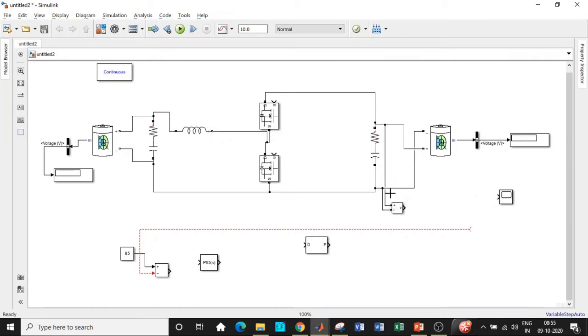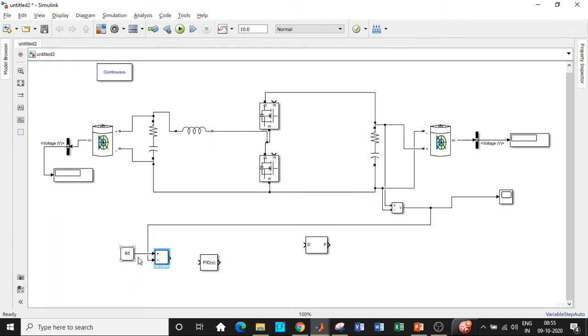And let me give the value that is being measured to the scope, and let me give the value of the output voltage at this point. So let us delete this. So I've connected it over here, so it will compare with the reference value. Whatever voltage that you're supposed to get, enter that here, and it will adjust its value accordingly.